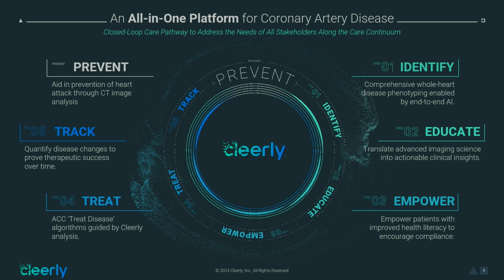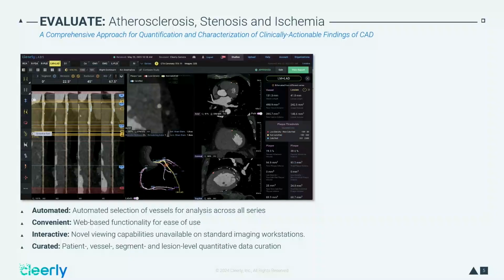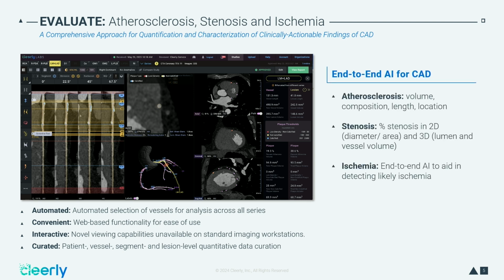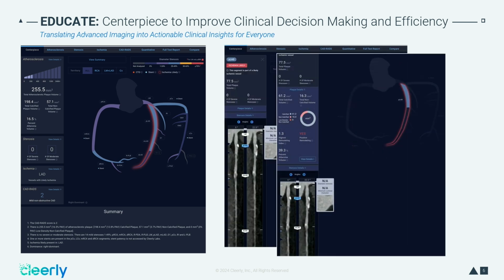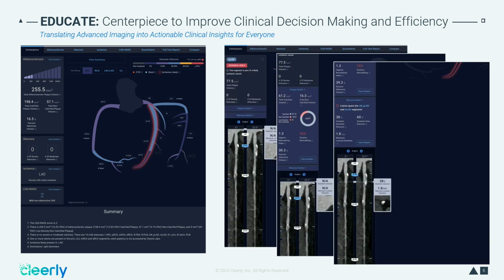And so I'm not going to go in real detail because you're going to see actual cases from these guys. But let me just take you through this. The first software here is a software that we're very familiar with, imaging software, really to try to do end-to-end AI for atherosclerosis, for stenosis, for ischemia, but then to translate all of that into ways that clinicians who aren't familiar with the imaging can really understand, to be able to dive deep into this so that we can really help the patient,